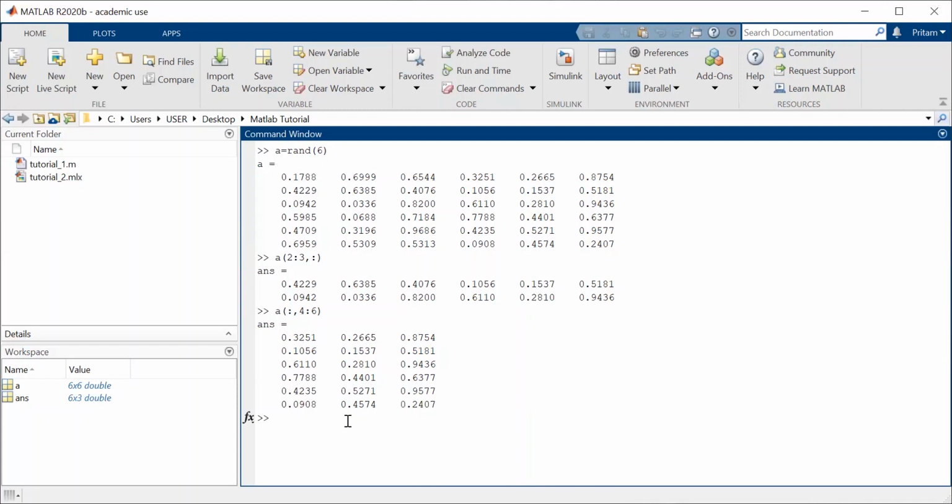So this is how you can extract multiple rows and columns. However, you can see that by using this syntax, only consecutive rows or consecutive columns can be extracted. If you want to extract non-consecutive rows, say the first row, the third row, and the fifth row, you can do so by creating another vector whose elements will be the rows or columns that you want to extract. So I will create a vector, say B, and I will store the row numbers that